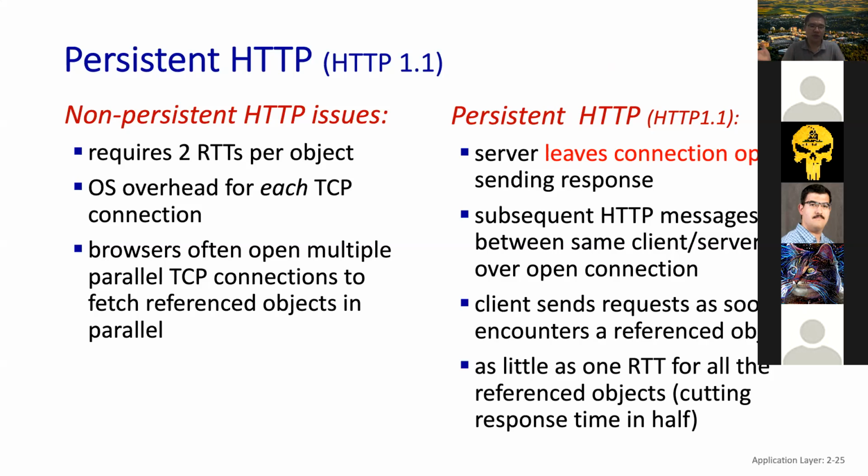For example, if I have 100 images I want to load on the website, you don't have to make many connections. You just make a one-time connection, spending one RTT, and then the rest is just file transfer time. That's the quick explanation why people use persistent HTTP. Nowadays, almost all HTTP protocol usage is based on 1.1.